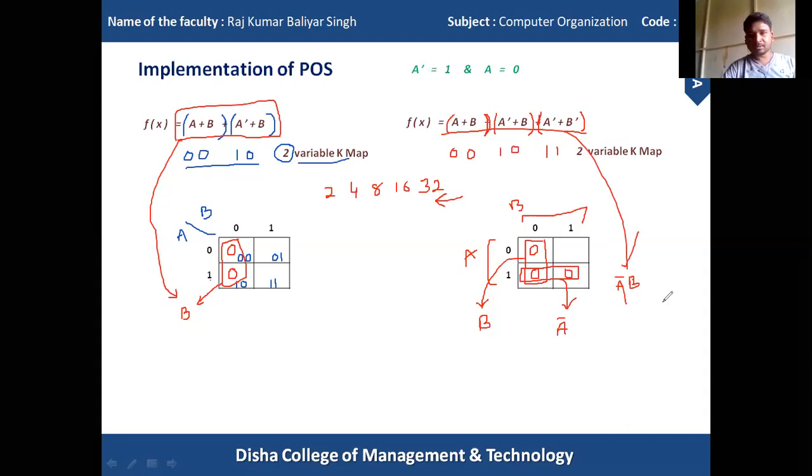This is another method to simplify the Boolean expression, that is the KMap method. So when we apply the KMap method to this Boolean function, we'll get the simplified version of the given Boolean function. And we know the reason for simplification is the reduction of logic gates. When we reduce the logic gates, ultimately we can reduce the cost of that circuit.